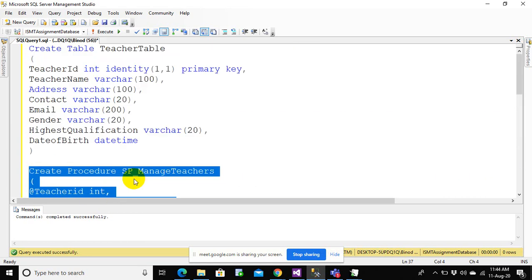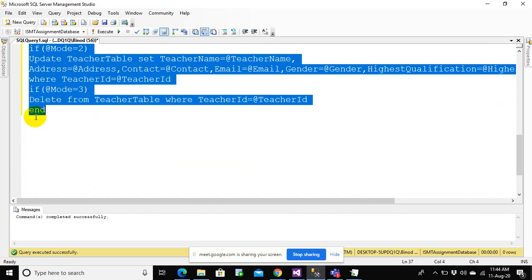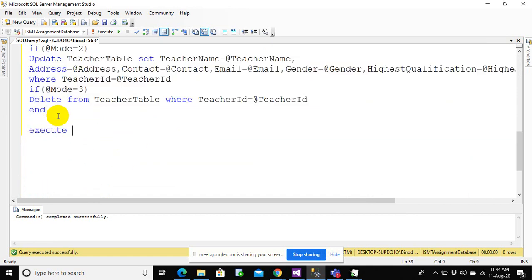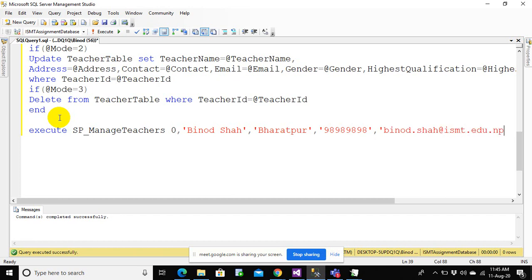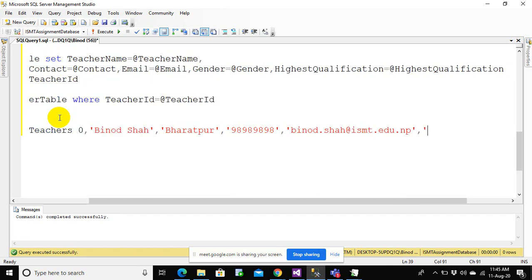Once you are able to create a stored procedure, you know how to execute it because you have done it last time. Let me execute and check. Execute sp_manage_teachers. The first parameter will be an ID, the second is teacher name, third is address, then contact, then email, then gender, then qualification, and then you need to have a mode.